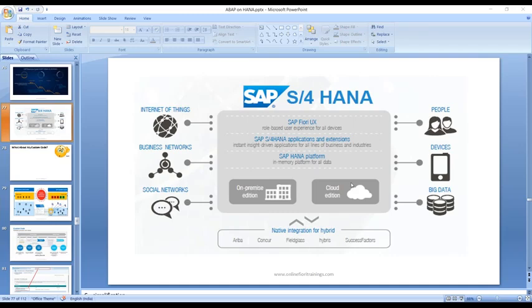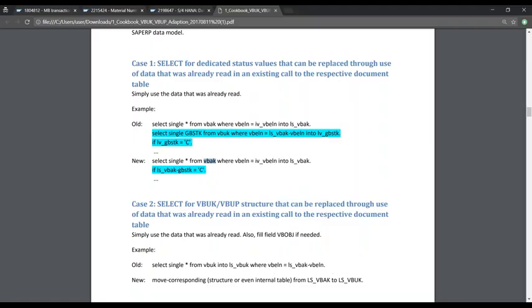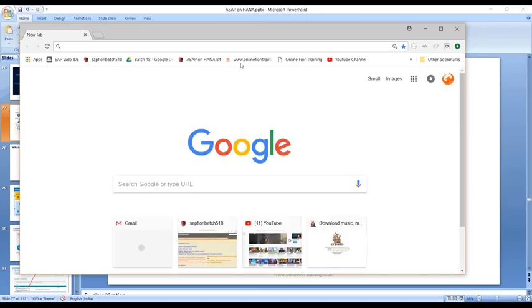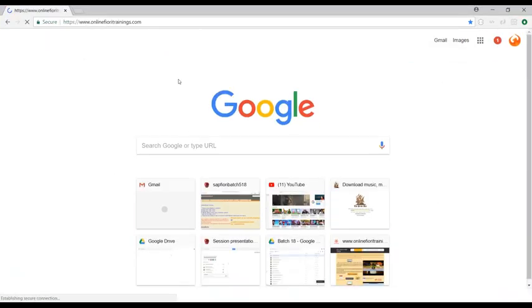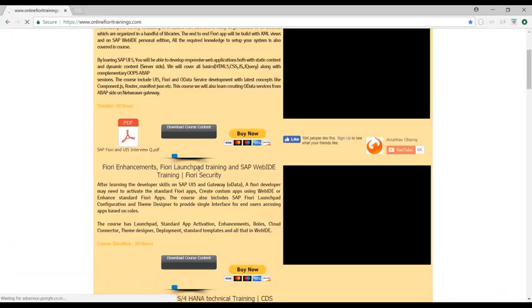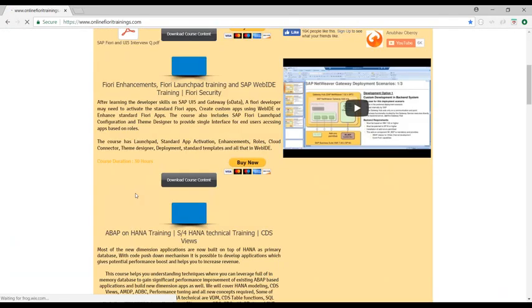Fiori is the main UI. Fiori user experience is the main UI. And that's why those who are working in S4HANA projects today need to learn these new things, which I am already offering on my website. When you go to my website, you'll find that I'm actually going in the same direction. That's why every session I recommend these three modules: SAP Fiori training with SAP Fiori Launchpad and enhancements, and ABAP on HANA and S4HANA technical training.